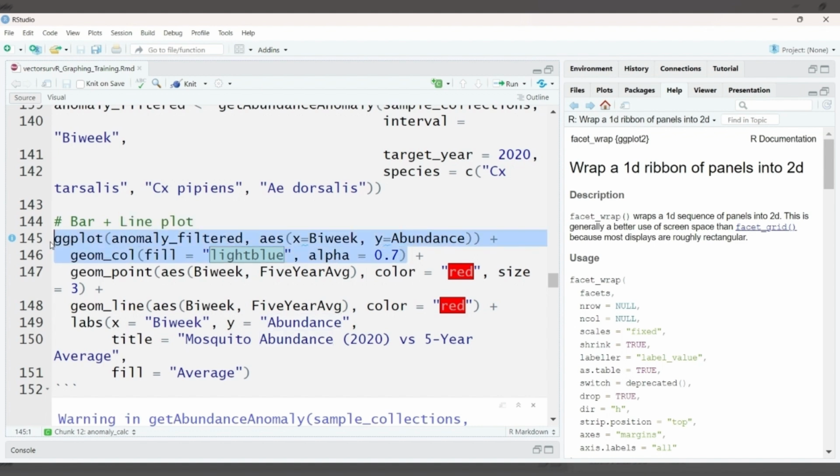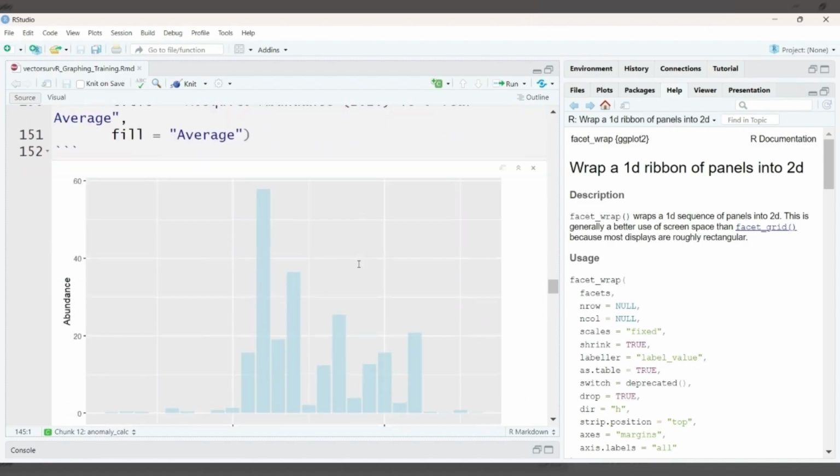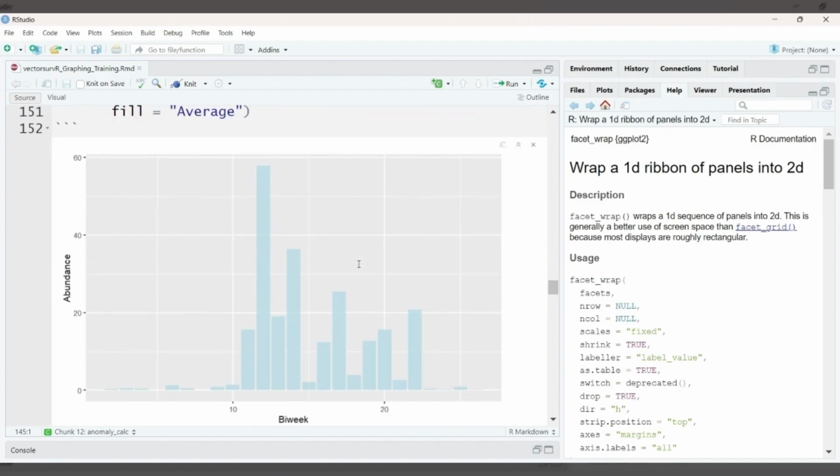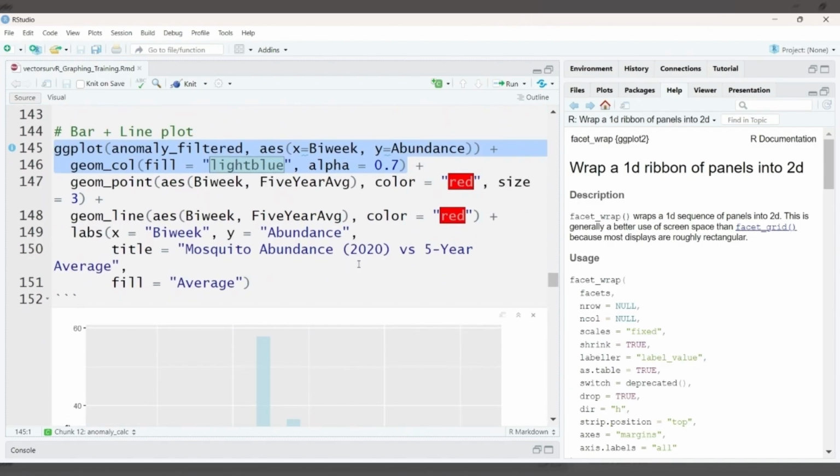So if we just run this portion, this is what this will look like. Notice that the fill of my bar chart is not dynamic. It's not changing based on the abundance value. And that is because I left it out of the aesthetic. If I wanted to have it do that, I could. I would just have to include that here in this aesthetic mapping. But in this case, I just want to have a light blue looking graph and I want it to be somewhat translucent. And so I have left these parameters outside of my mapping